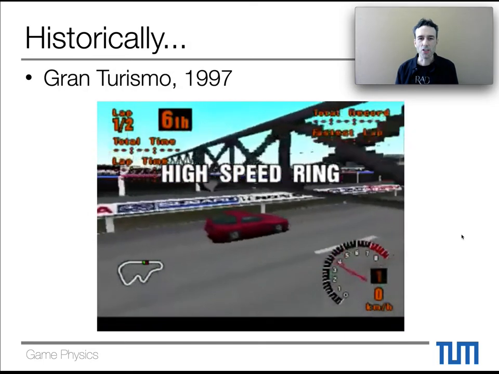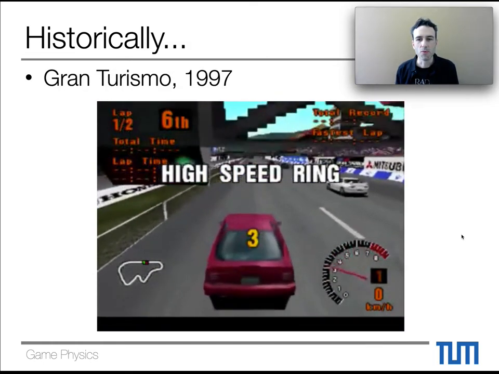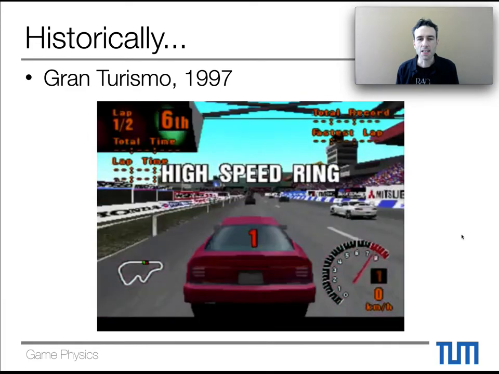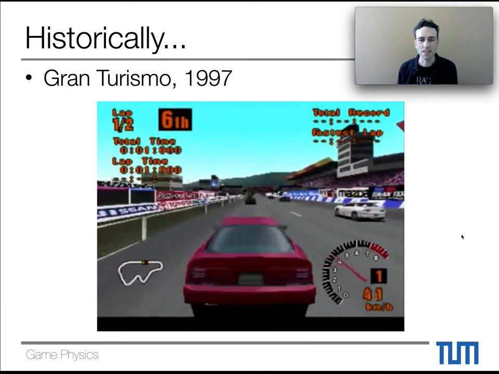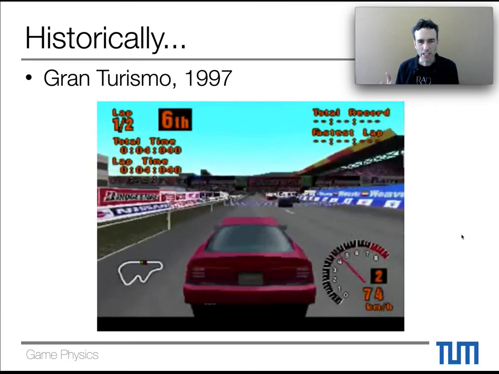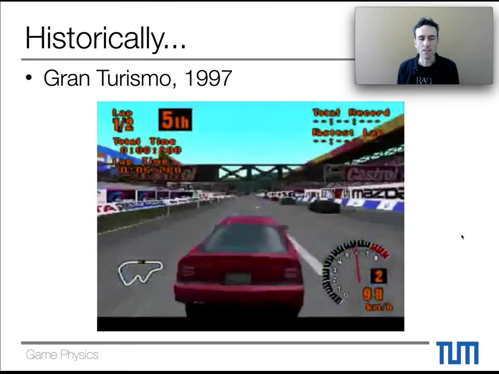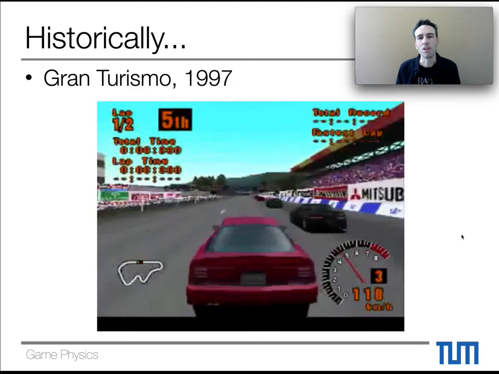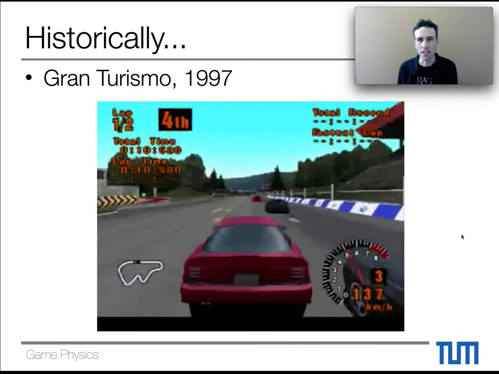Yeah, another whole range of games targets driving simulators. In this case, the interesting bit of the physics is really recreating the behavior of a real car, and Gran Turismo arguably started this whole trend.